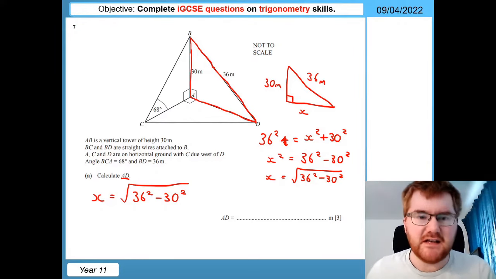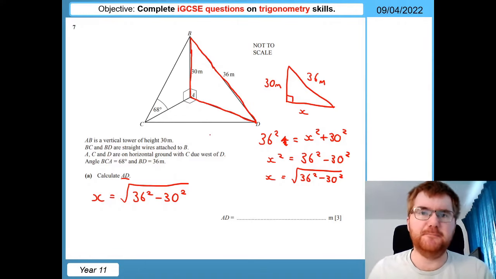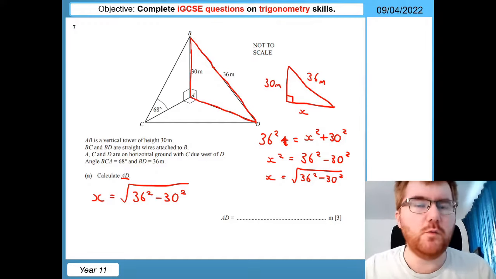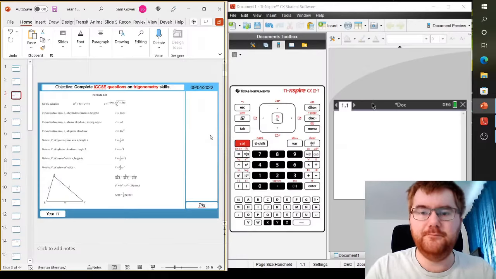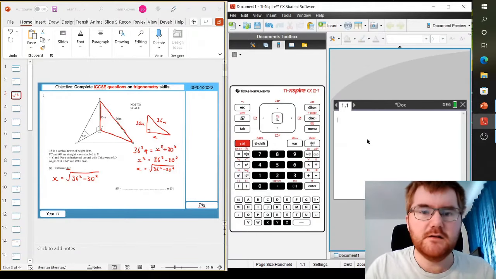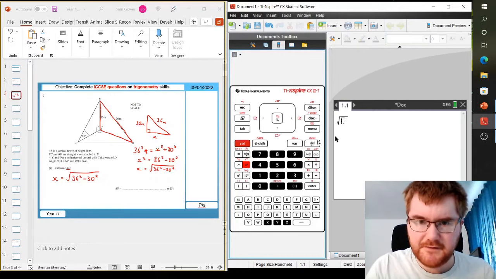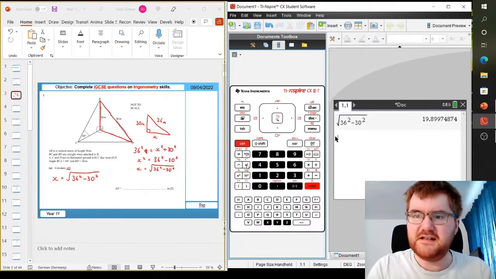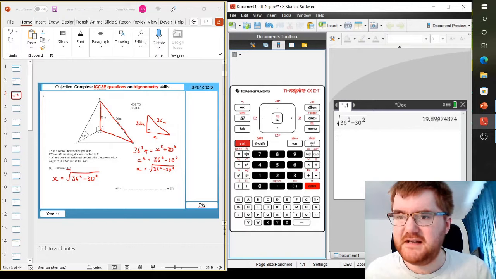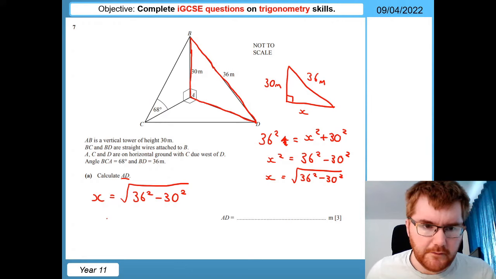But if you look at the mark scheme, you'll see that this is perfectly adequate to get the 2 method marks. Now, once we've got that, then we're going to have to work this out on our graphical calculator. So we type this in, so control this button here for the square root, 36 squared minus 30 squared, press enter, and then we get our answer of 19.89. So I'm going to write that here,